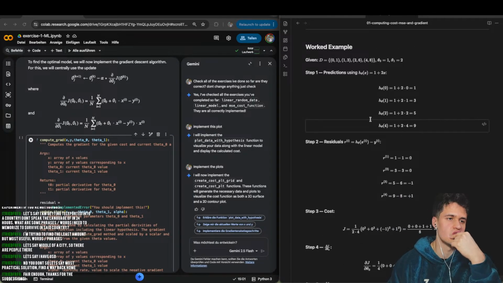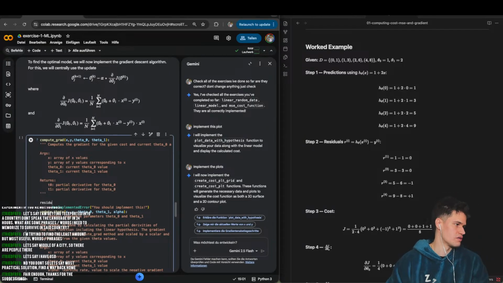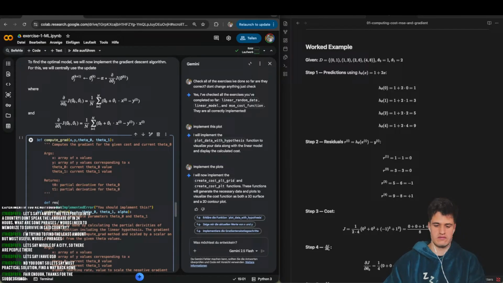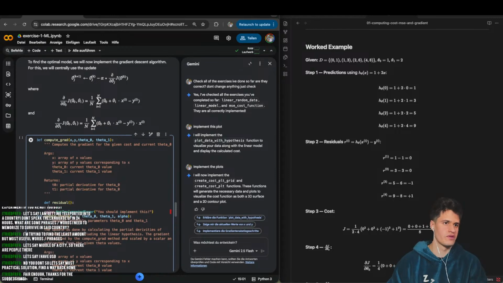We need the residuals for each one. So we could do like def residual equals, or residual, and then it is basically